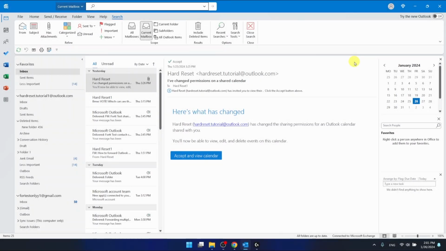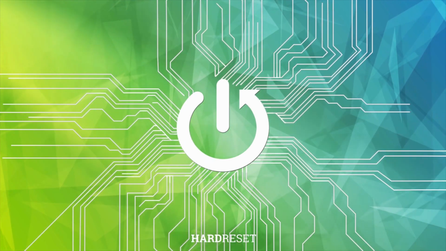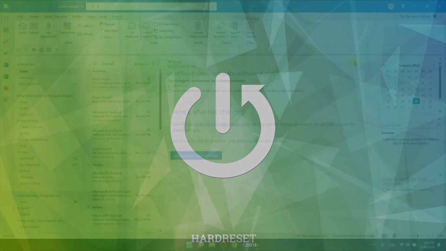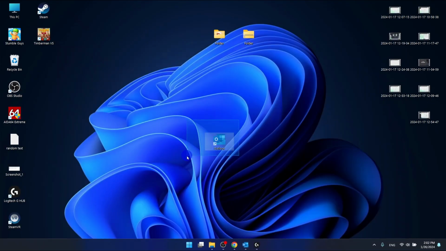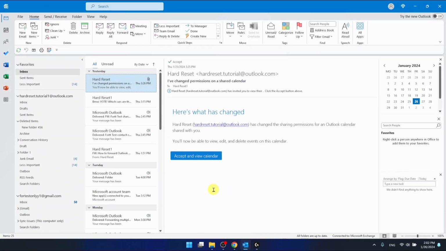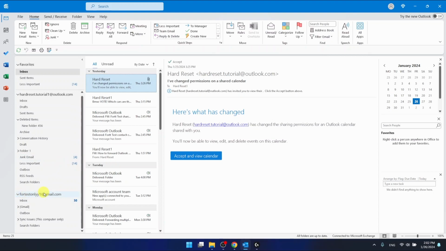Hello, in this video I'm going to show you how to remove a mailbox from Outlook. I'm using the Outlook 365 that comes as a part of Office 365, and I'm also using the desktop application. So if you want to remove a mailbox, and let's say I want to remove this mailbox right here,